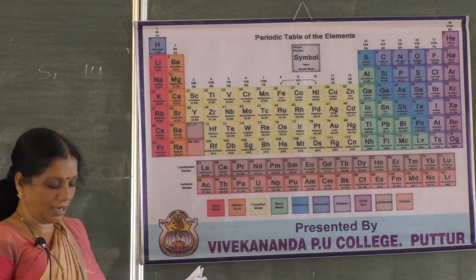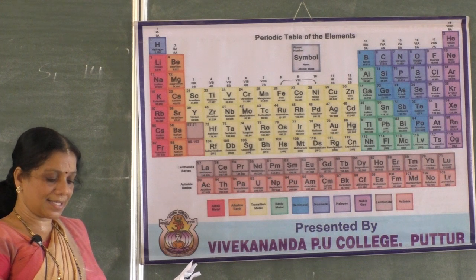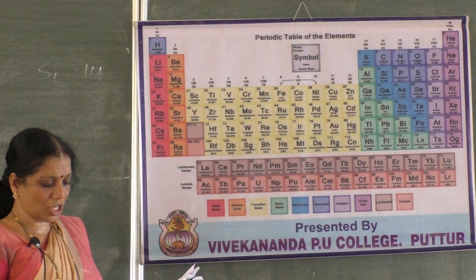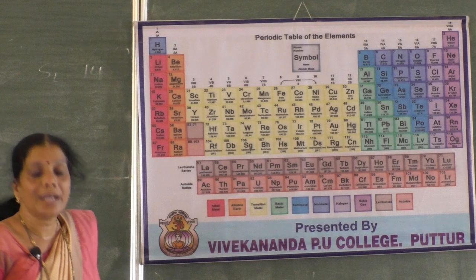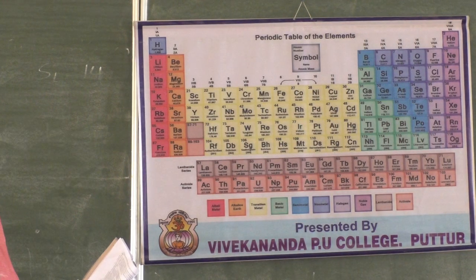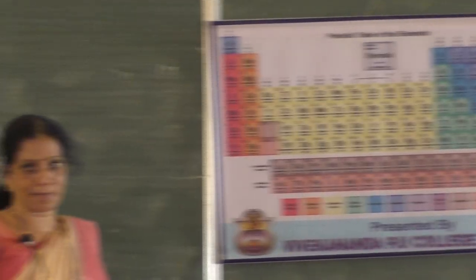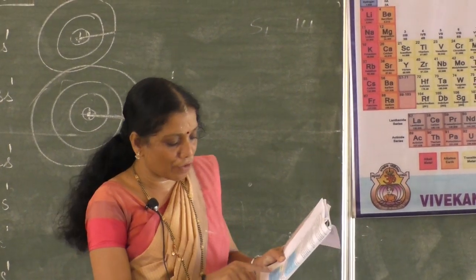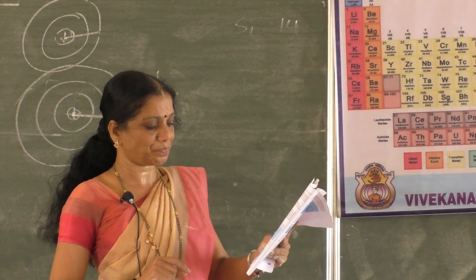See, first lithium in the arrangement. Next comes beryllium. Next it is boron. Next to that is carbon. Next to that is nitrogen. Next to that is oxygen. Fluorine and neon they have not given. Hence, which element has got the smallest size? Oxygen. In the given set of elements, oxygen has got the smallest size. Okay, two more elements they have not given, fluorine and neon. Therefore, in the given set of elements, oxygen has got the smallest size.